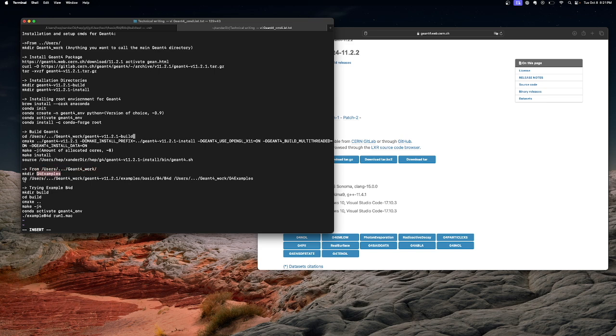So here I am just copying an example from the main Geant4 directory, and I'm just copying it to this new one I created. And then in here you want to go into the B4D example that is inside of this basic folder. And inside of that B4D, you want to make a build directory, and this is just essentially, again,